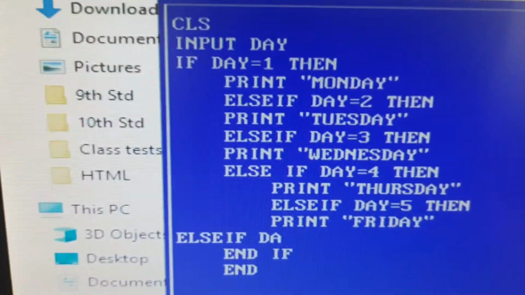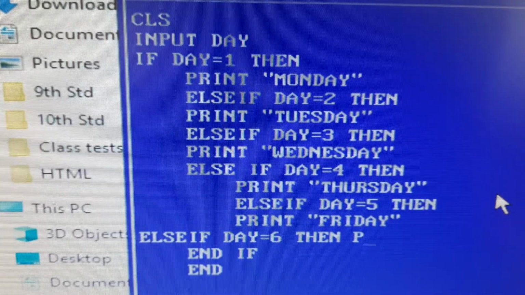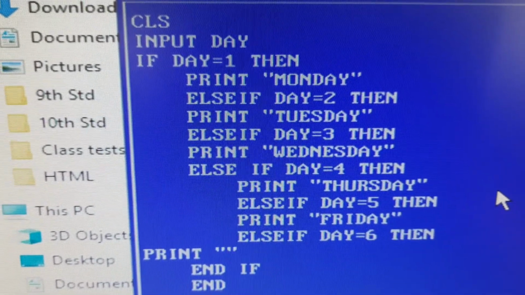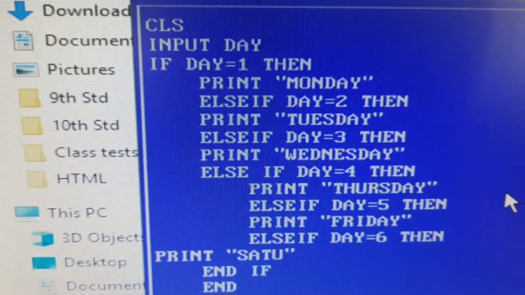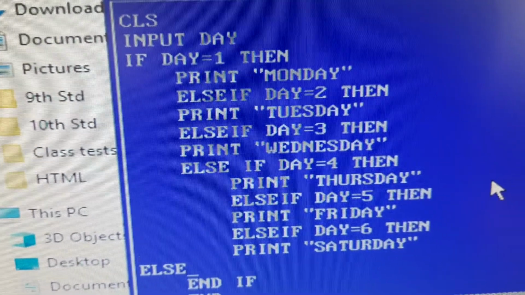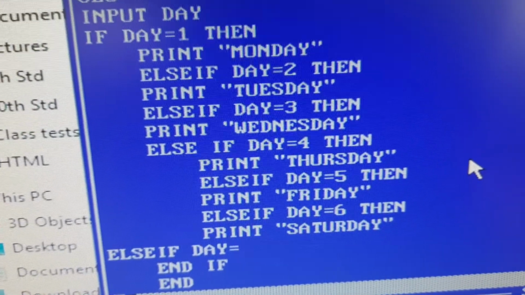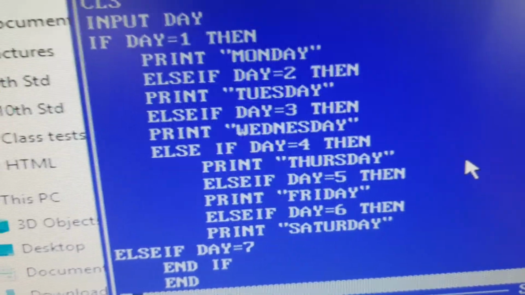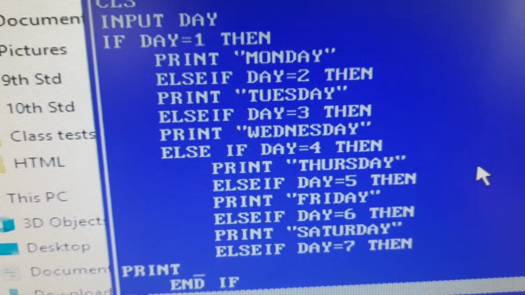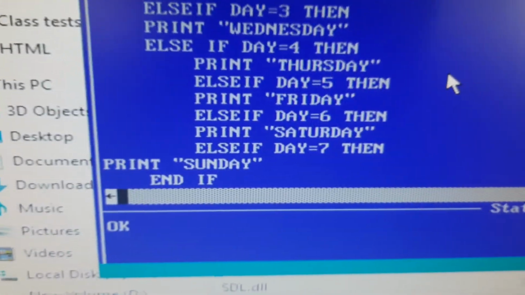Else if day is equal to 6, then print Saturday. Else if day is equal to 7, then print Sunday.